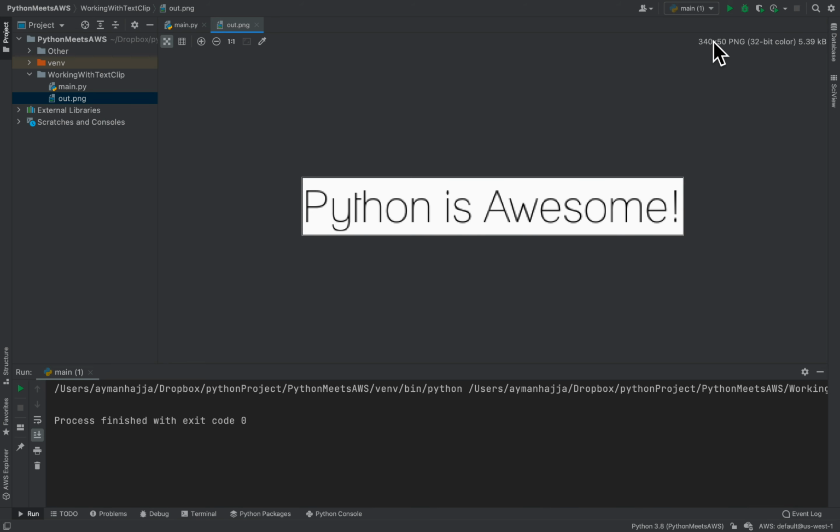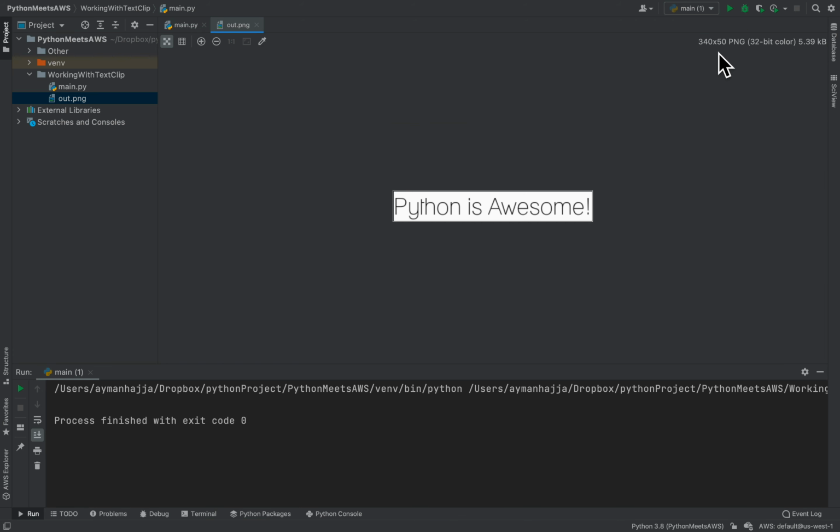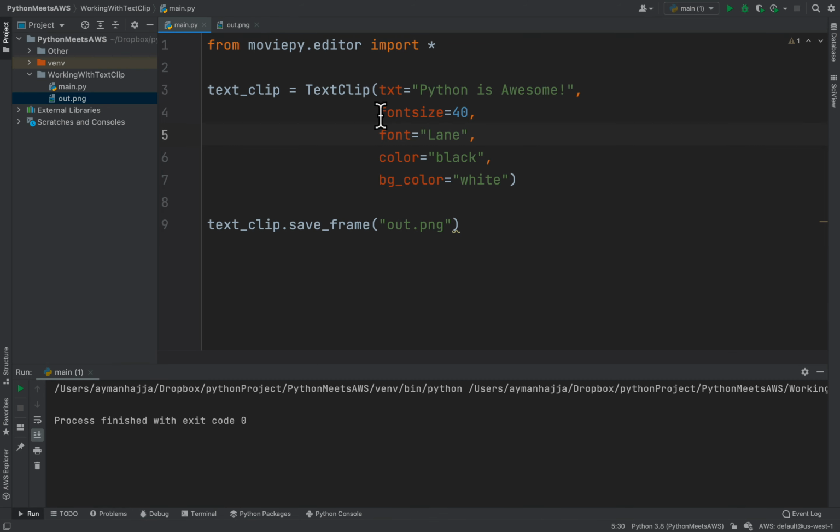Alright, so if you look here, you will see that the width of this image is 340 and the height is 50. Now let's say that you would like your text clip to extend a particular width. And this is actually a common use case. Let's say, for example, you want to overlay a piece of text on an image or on a video. You would like that piece of text to be maybe 800 pixels wide. And for you to be able to do that, instead of trying different font sizes until you end up with something that matches what you want, what you can do instead is comment this